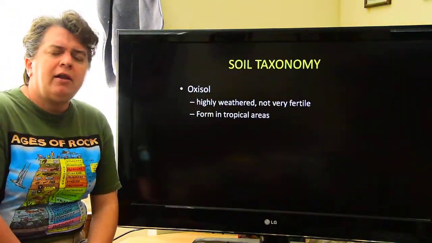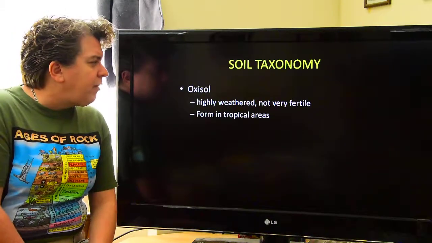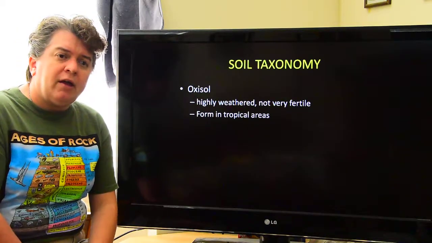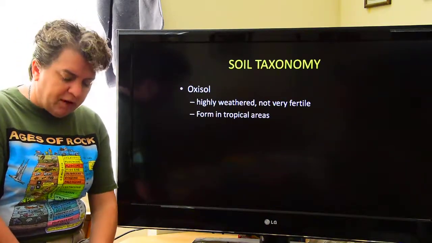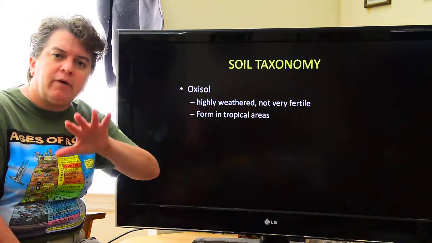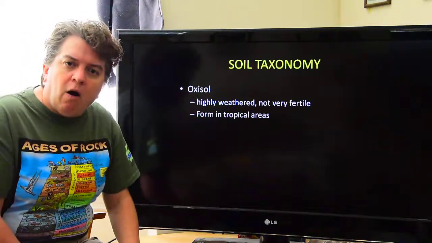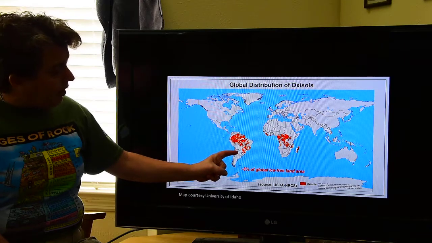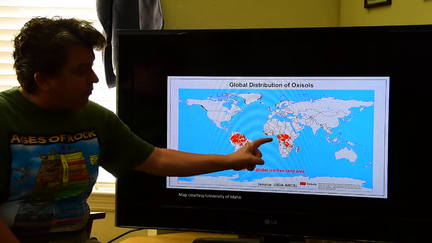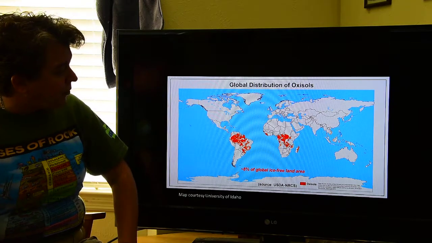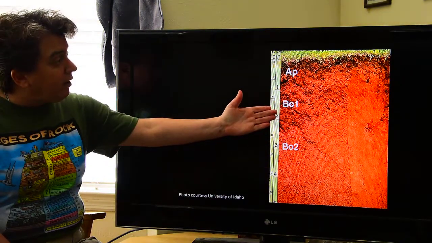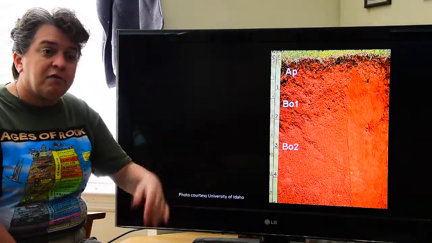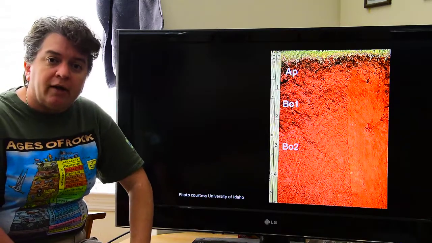Oxisols are highly weathered soils. They're not very nutrient rich, not very fertile, and these tend to form in more tropical areas, places where you have lots and lots of water that's going to basically wash away all of the nutrients. And that's why we see these forming, for instance, where we have the Amazon rainforest or some of the rainforests in Central Africa. And this is what they look like, right? We don't see much of an organic layer there, mainly because those organics get removed very quickly in that tropical